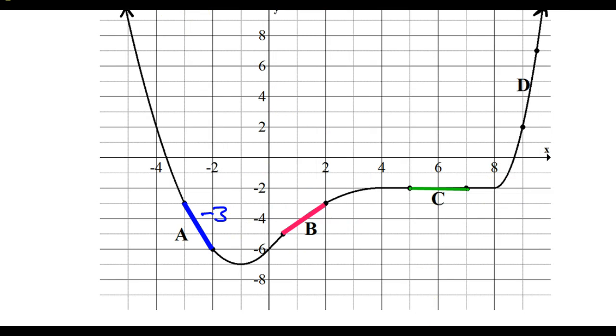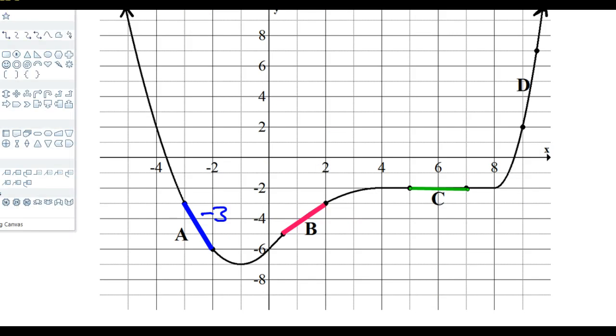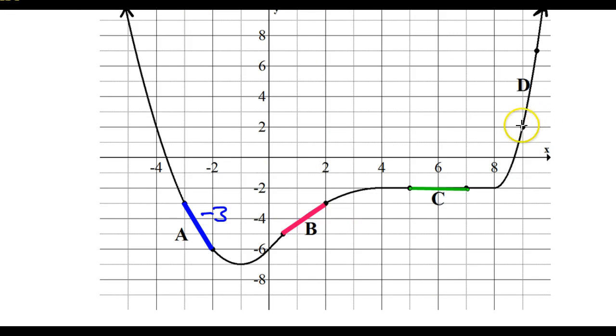But then look at D. Oh, look at that guy. Oh man, that is cray cray. Okay, I guess we're doing purple right now. Look how steep that is. D is way steeper than B. So without even having to do the calculations, you know that D is going to be the greatest of these